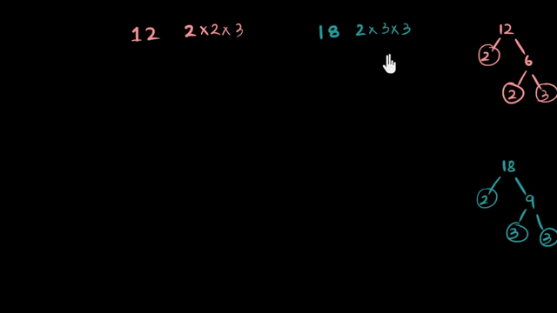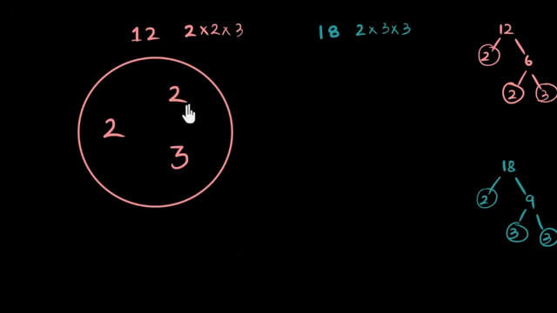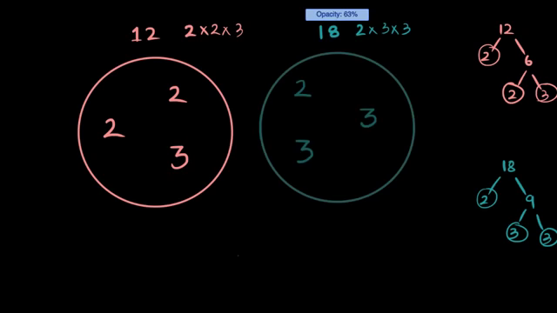Now, before you jump into any method that you're already aware of, pause for a moment and think, what do you need to do next to find the HCF? What is the HCF really? Just think about that. I have a picture in my mind because the moment I know this, I visualize 12 to be this circle that's made of, basically this is 12 and the building blocks are here, 2 2s and 1 3. And I imagine 18 to be this other circle which has 1 2 and 2 3s.